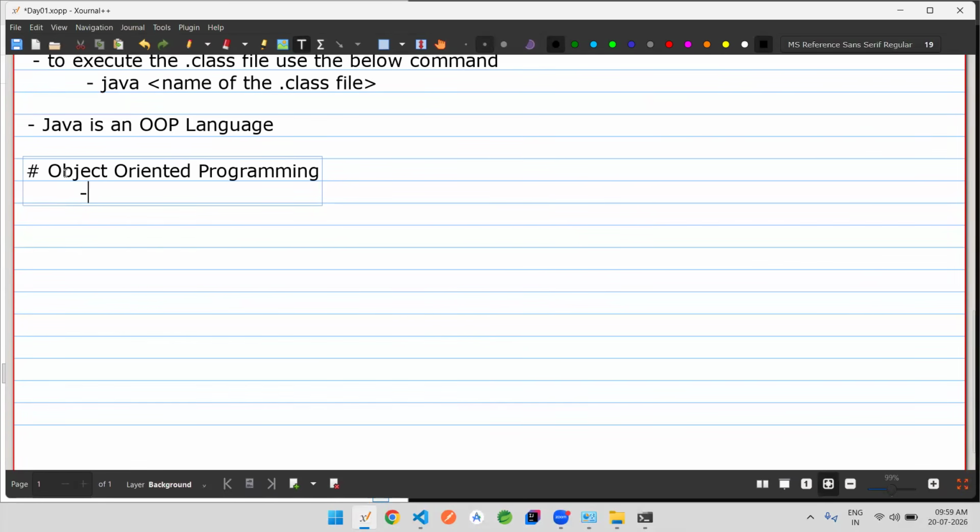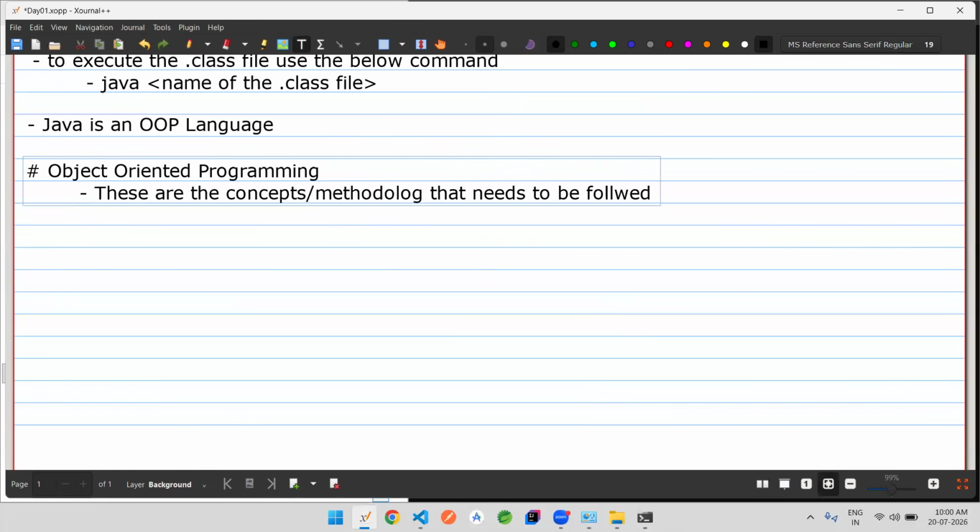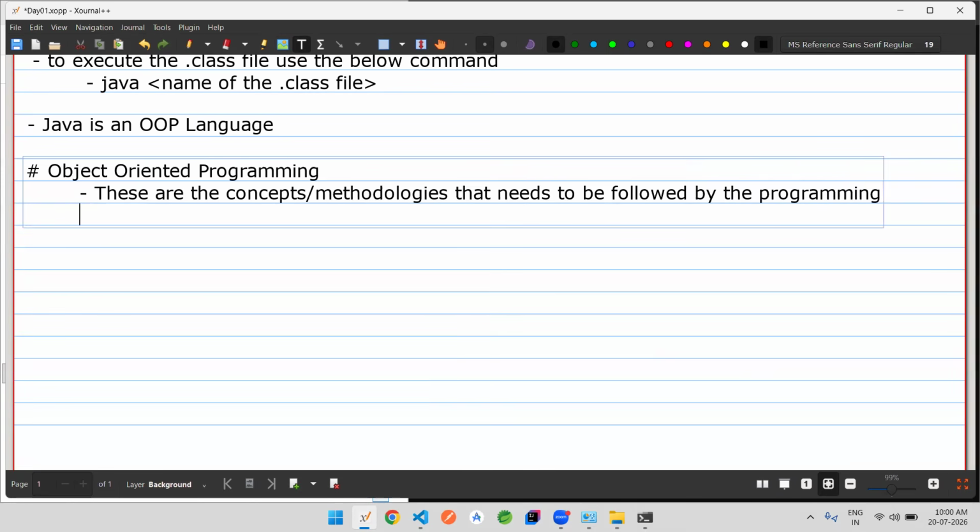So I'm going to say let's begin totally from scratch. पूरा scratch से हम लोग start करेंगे, considering कि आपको कुछ भी नहीं पता. When you talk about object oriented programming, these are the concepts, or I could say methodologies, that need to be followed by the programming languages that need to be considered